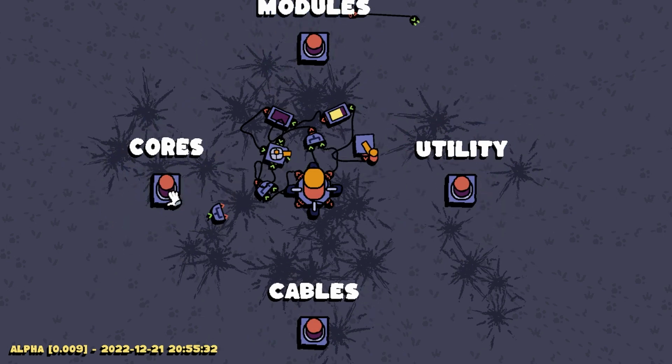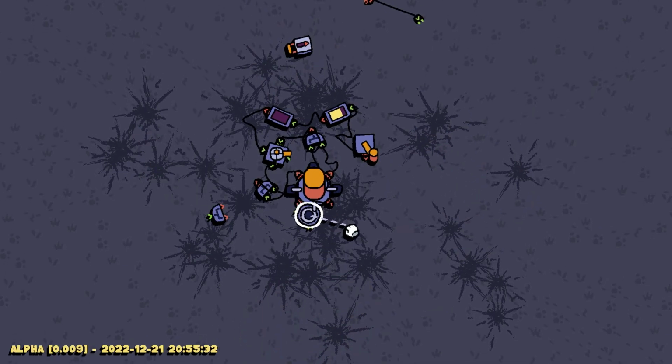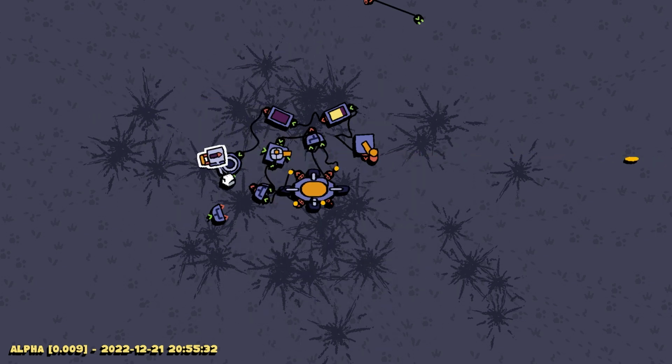Right. What do I need? I think... give me the opportunity to get... finally. Give me the opportunity to get something a lot better. Right, now this is where we can start having some fun. I think...